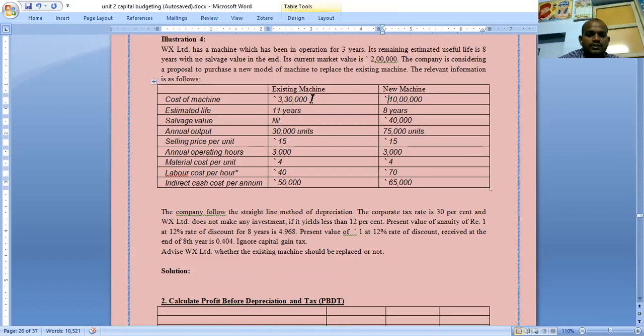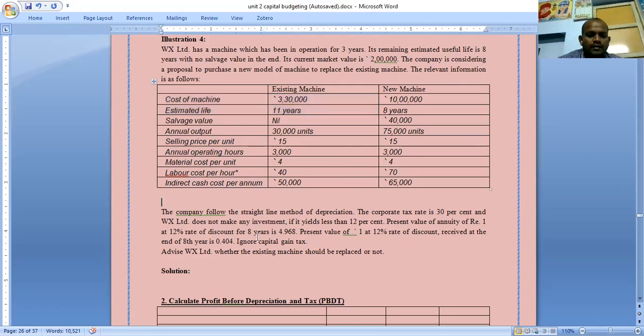So cost of machine 3,30,000 and new machine cost is 10 lakhs. 11 years is the estimated life. Salvage value nil. For here, this is salvage value 40,000. So annual output 30,000 and 75,000. Selling price per unit sales, and we have to deduct the operating costs, annual operating hours, labor hours, material cost, indirect cash costs. So we have to calculate the cash inflows and initial cash outflows,